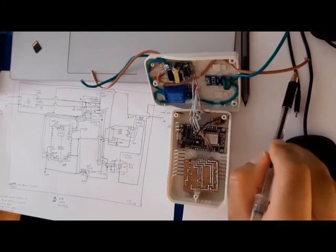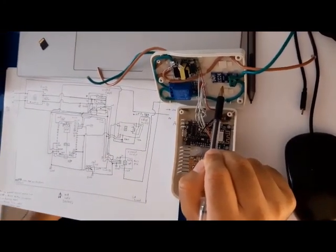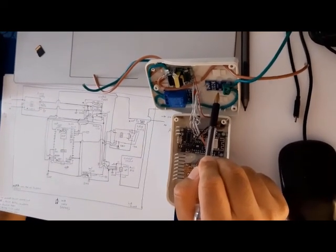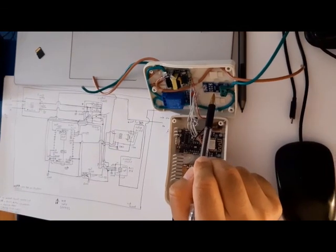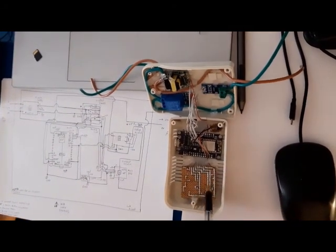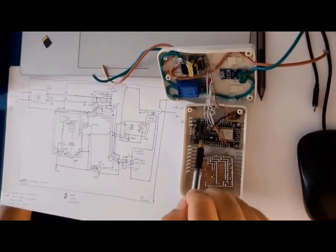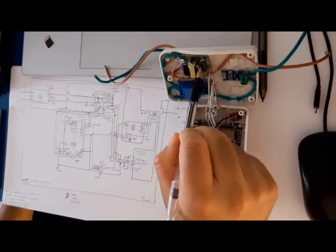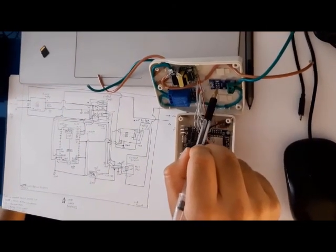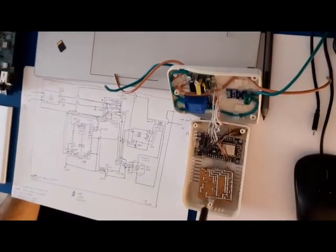And out of this line we have an ACS712 sensor for measuring the current of the power line. And we have a control panel, an amplifier module, an ESP, a relay, a power supply, and an ACS sensor for measuring current. And this is the real schematic of this